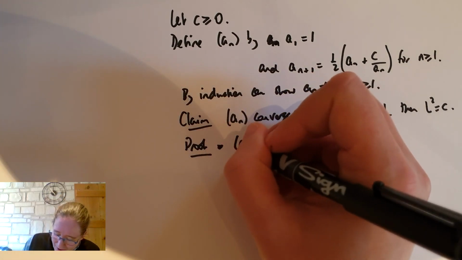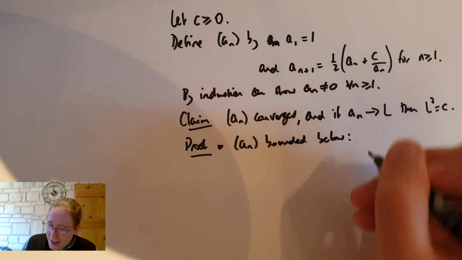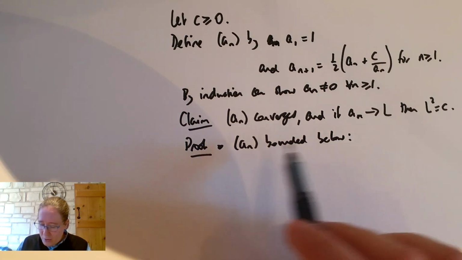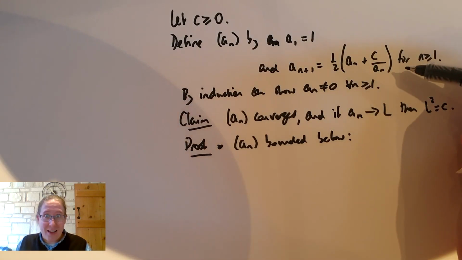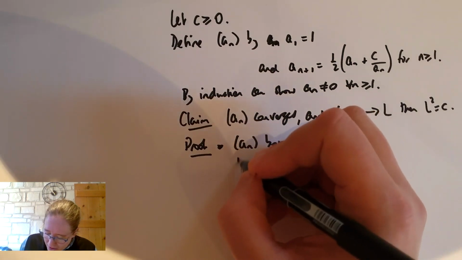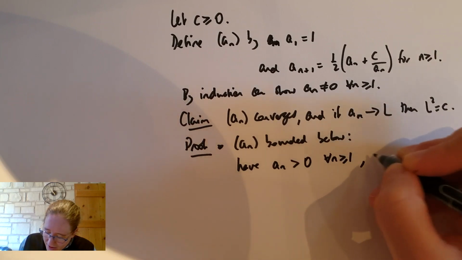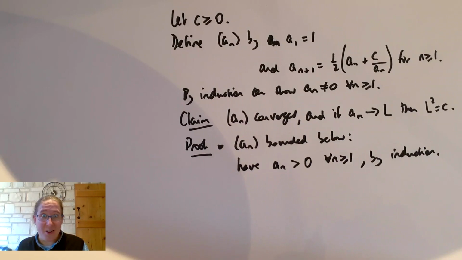So let's show that it's bounded below first. When I'm doing an argument like this with multiple stages, I like to use bullet points to structure it. So bullet point: sequence a_n bounded below. That's what I'm about to show. And why is this? Well, actually, you could just check that a_n is positive for all n. So we have that a_n is positive for all n by induction. I'm not going to write out the details of that. You can probably see how that goes, and if not, you can have a think about it.